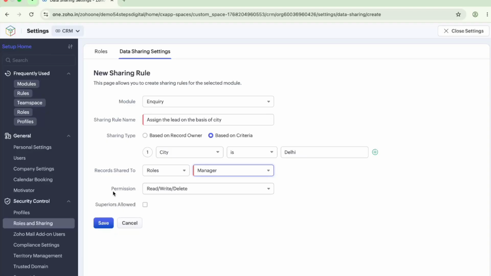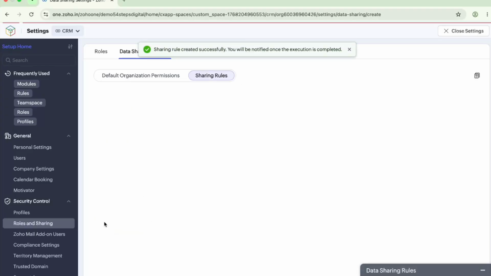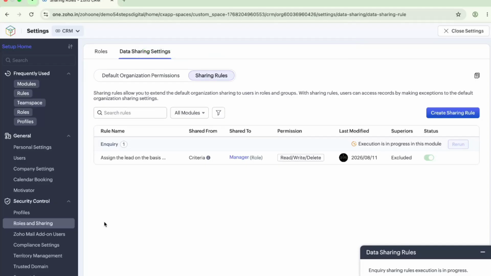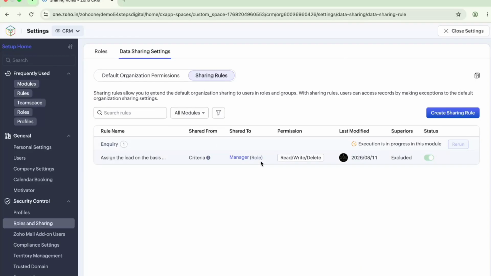Okay, and you can see the permission also. You can edit the permission, like he can read, write, delete, or he can read or write, or it is read only. So like this you can create a sharing rule. If I click on save, here you can see a sharing rule is created, and this is how you can create the data sharing rule.